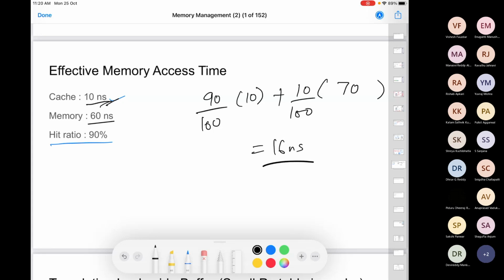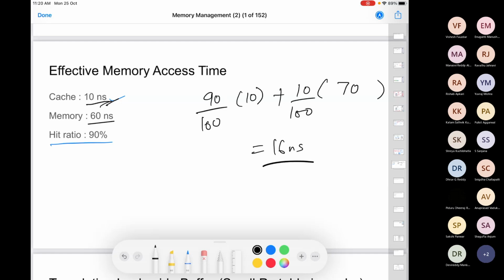Now, when we do paging, what will happen? Whenever you get an address, it is now a virtual address. We have to convert this virtual address to a physical address. In order to convert it, we require the page table. Where is the page table residing? In the memory, right? So you first go to the memory to look up what is the frame number, then you compute the actual physical address, and then you go to the memory or the cache to fetch the contents.